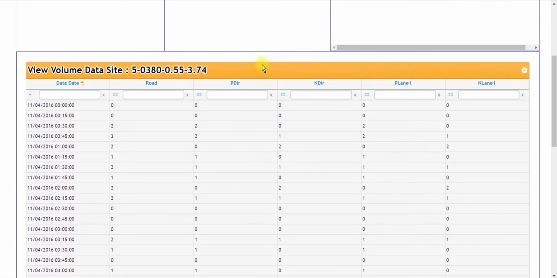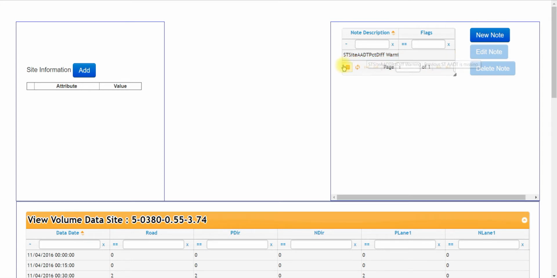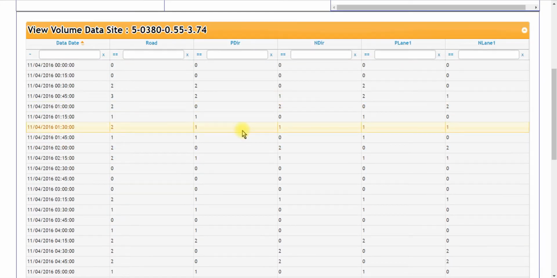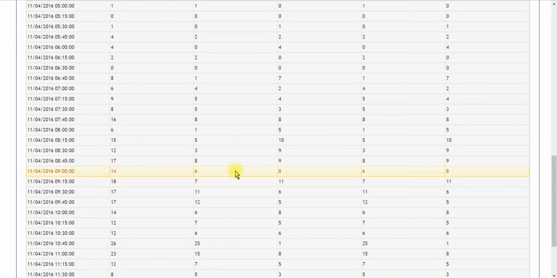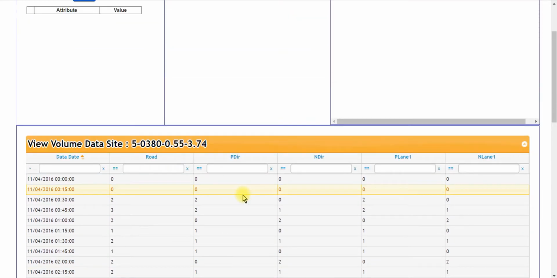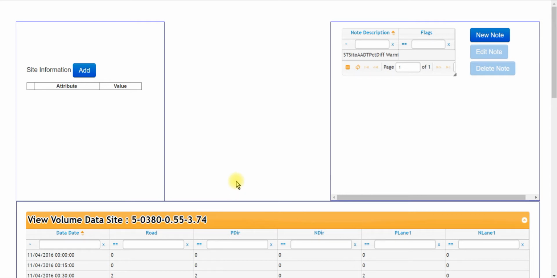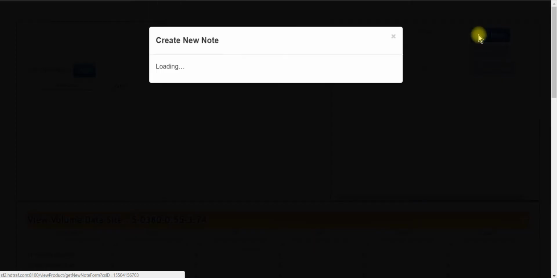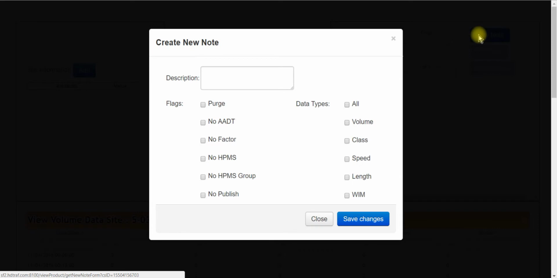So let's imagine that with this warning, there's an AADT % difference from the last count, and let's say I review this data and determine that this is in fact completely bad data. I don't even want it in the system as a warning. I don't want it in the system at all. So from this window, I can click New Note, and this is going to give me a pop-up so that I'm able to create a purge note. All notes are linked to the user that creates them,